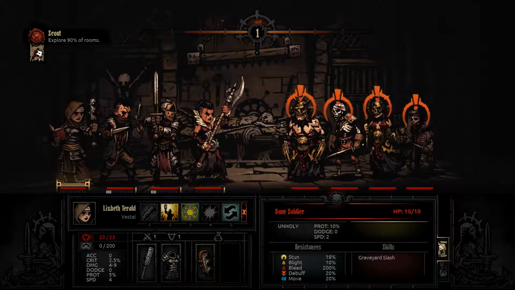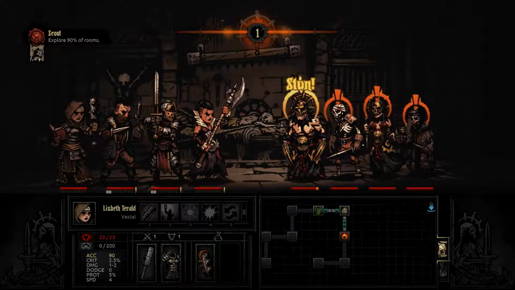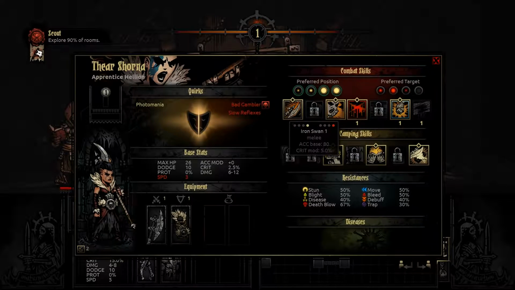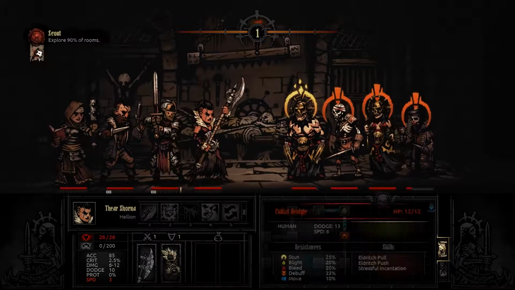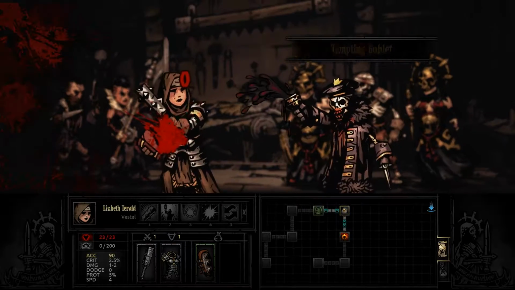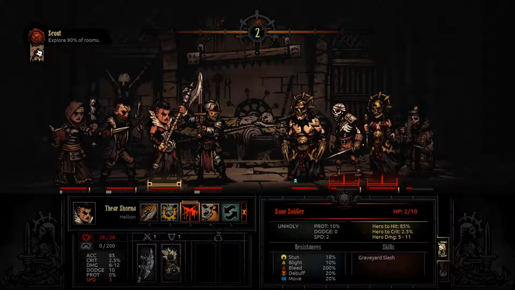Alright, so let's stun our brawler. I'll focus on the Acolyte because I think she has Iron Swan. She does not. Never mind. I will try to shoot the Courtier. We'll bleed the Acolytes. And then we're going to use Holy Lance on the Courtier. Hit him. I'm worried about the high damage he does, so...